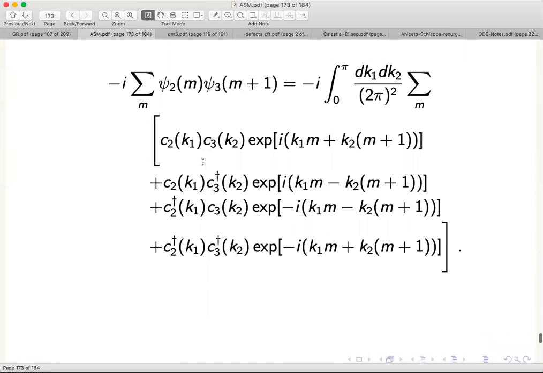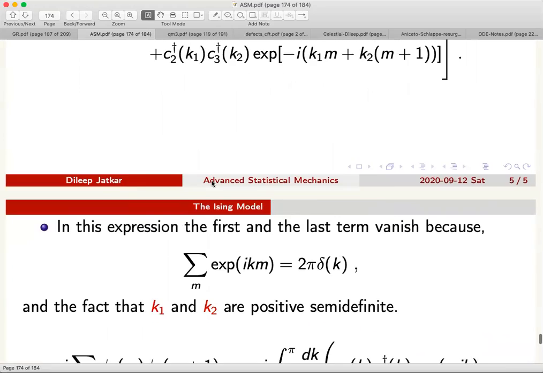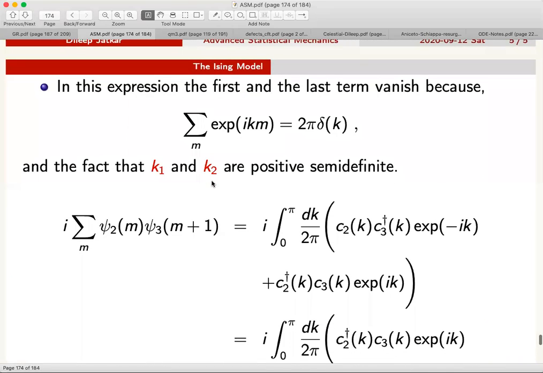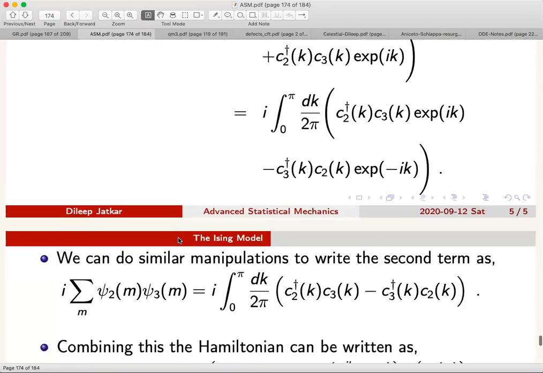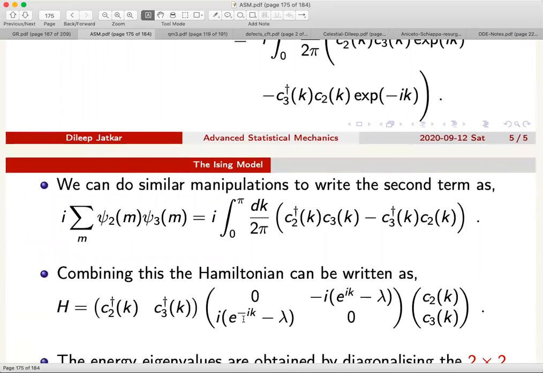we converted the Hamiltonian into the momentum space creation annihilation operators, which were called C2 and C3, and we found that the entire expression, which involves psi 2m and psi 3m plus 1 and psi 2m and psi 3m, these two pieces, if you put them together, then you can write down the Hamiltonian in an off-diagonal form like this. Okay, and of course, this matrix can be diagonalized. That diagonalization would require us to write down a new set of operators, which are linear combinations of C2 and C3. And with respect to those